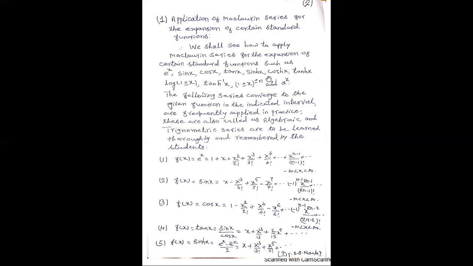Now, if you see, these are different types of functions. This is an exponential function. These two are trigonometric functions. This also is a trigonometric function. This is a hyperbolic function. This is the tan hyperbolic function. This is a logarithmic function, and this is the inverse hyperbolic function. Now, this is in the form of what we call the algebraic function, where we will be using what we call the binomial series.